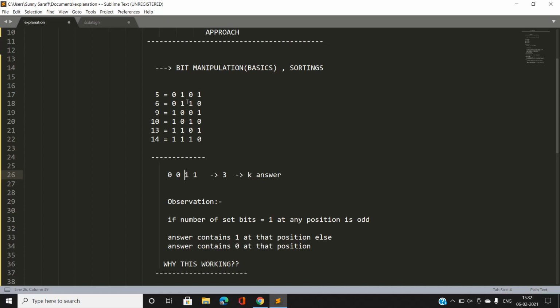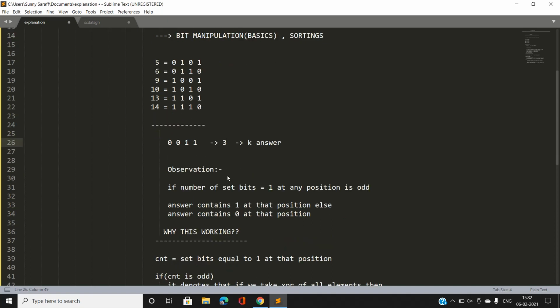And again, at the third position starting from the right, I am going to count the number of set bits equal to 1 for all the elements at this position. This will come out to be even, that is 4, so I am going to put 0 here. And again, for the fourth position it will come out to be 4, so I am going to put 0 here. So our answer, by converting this binary representation into decimal, will come out to be 3. That will be our minimum k. And if this exists, I am going to say yes, this will be our answer.